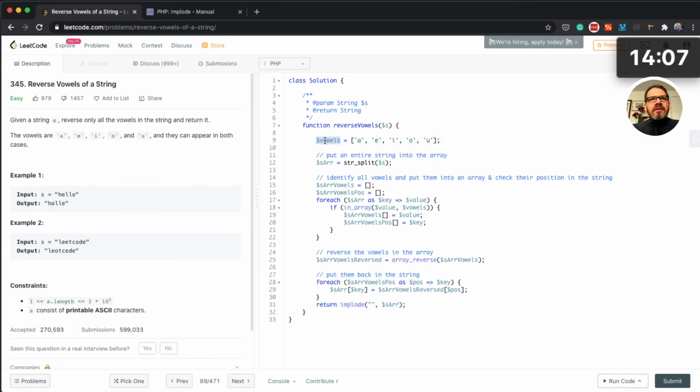So we have the array of vowels, then we split the string into an array, then we create array of vowels and their respective positions. Now we're looping through this array with a key and a value, and if it is a vowel in this array, then we put it into this array as a character, which is A, E, O, etc., and then their respective positions. Now we're reversing this array, because we need to reverse all the vowels, and now we're putting back this into this array, and we're using this array vowels position to do this,